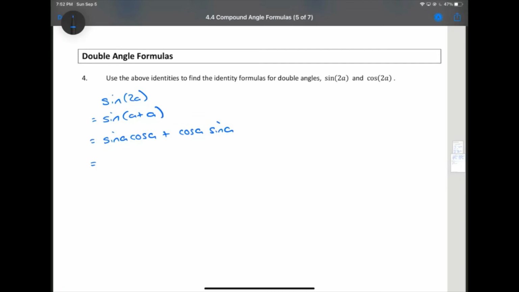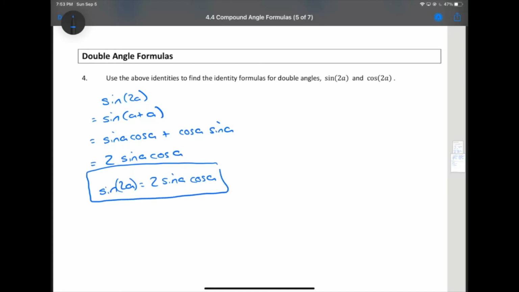Sine a cos a, cos a sine a. Either way, we get 2 sine a's times cos a. And that's my trig identity for double angle of sine. Sine 2a equals 2 sine a cos a. So now we can feel free to use that anytime we need a double angle identity. Similarly,